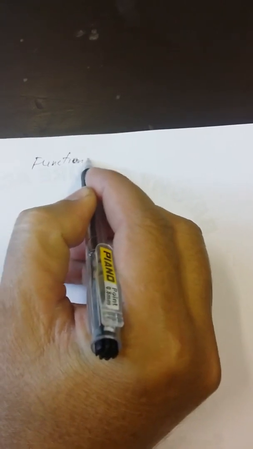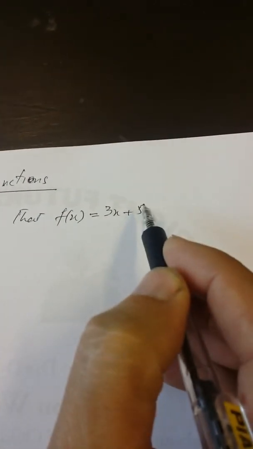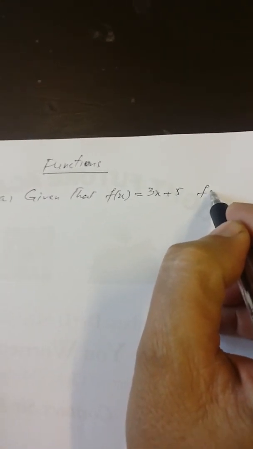Functions. Question number 5, part A. Given that f of x is equal to 3x plus 5, find